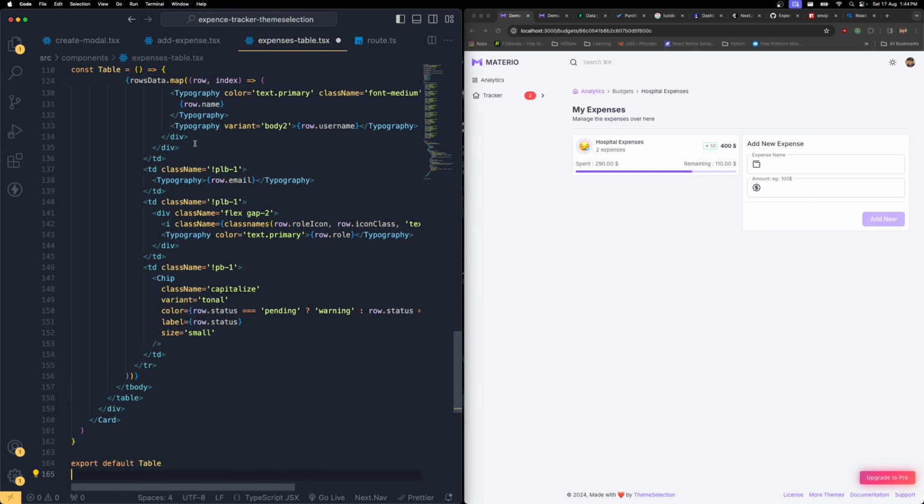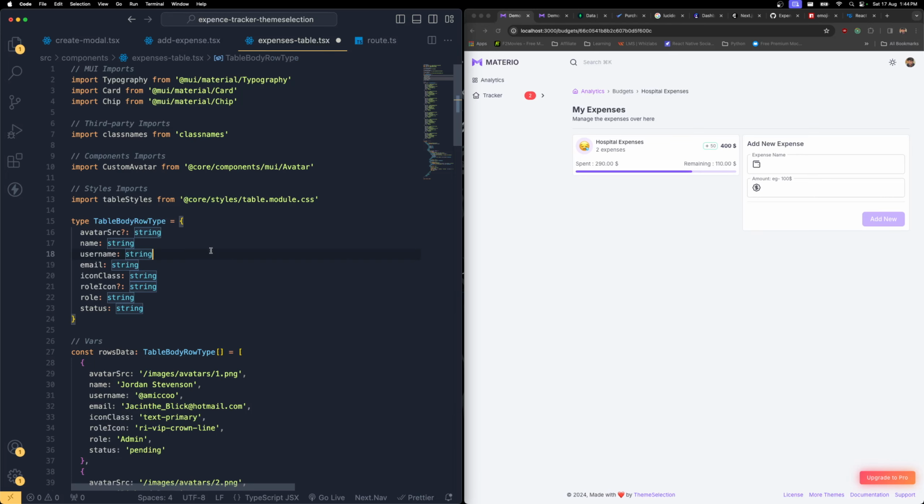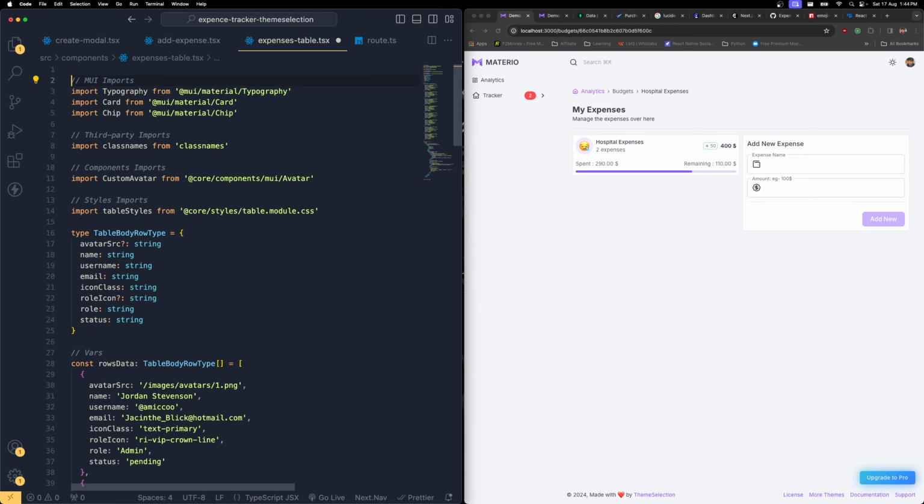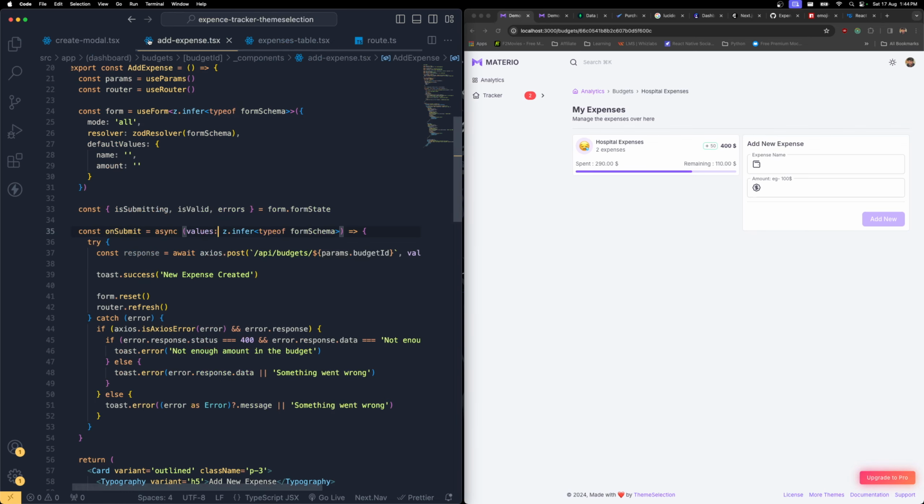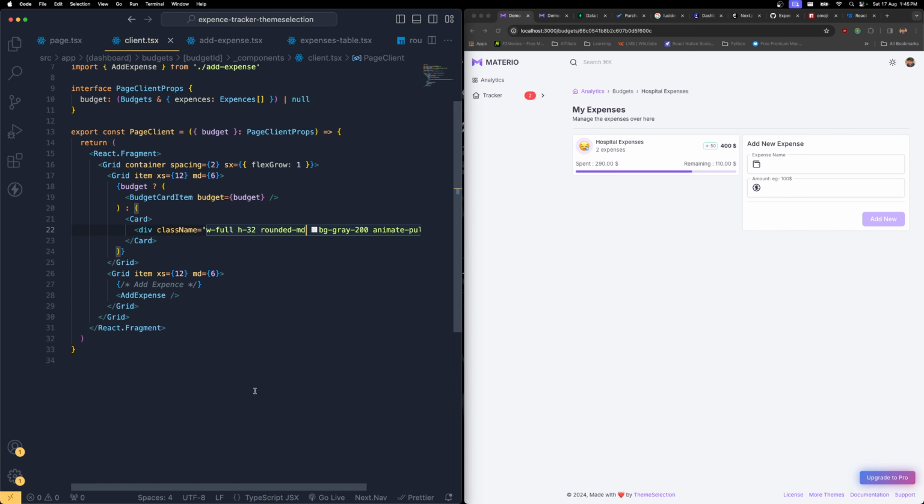Paste it. This should be a client component, so make sure it has the use client directive. Save it, and let's bring those things into the client page. We have the add expenses and everything. Right after that add expenses, this is the place where the grid is empty, and here I need to bring the grid,